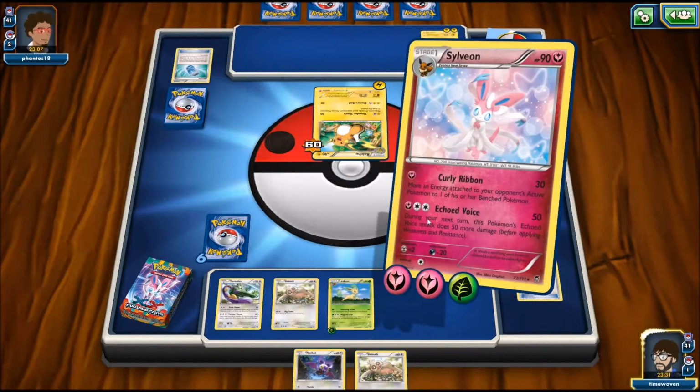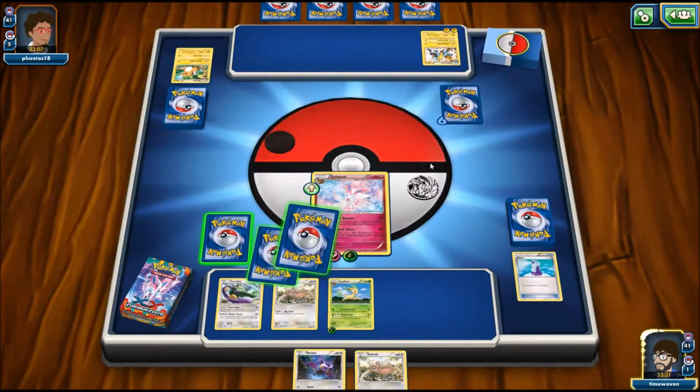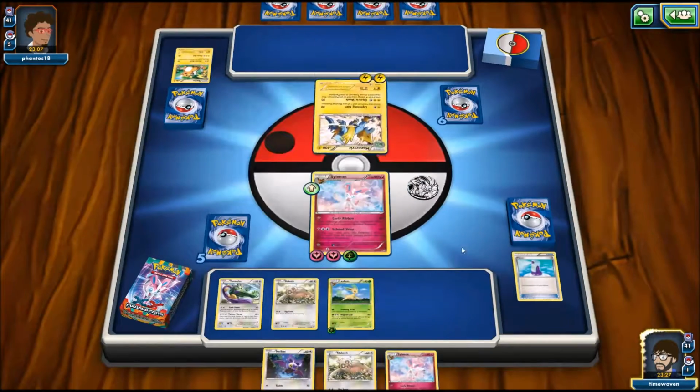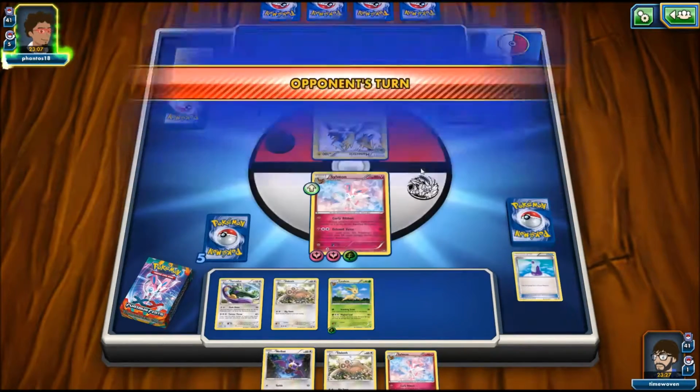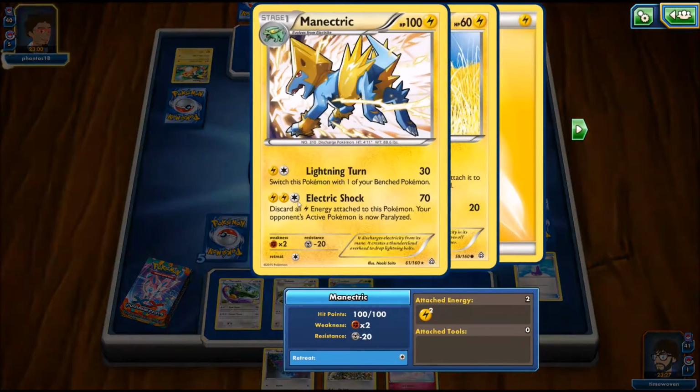I'm going to Echoed Voice. There goes the Raichu. We get the first prize here. And it's another Sylveon. So here's Manectric. Now, I've already cast Echoed Voice once. So he can discard...